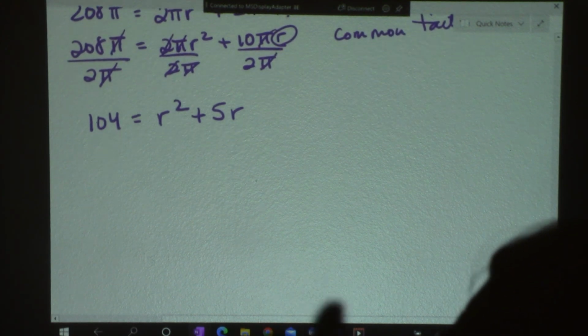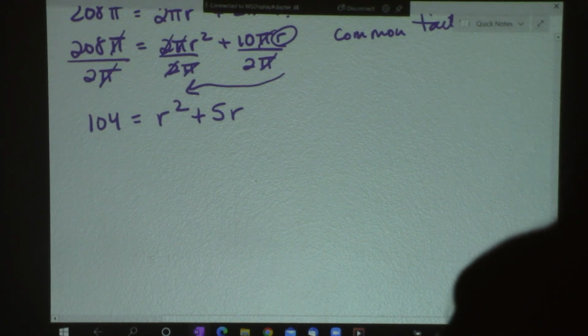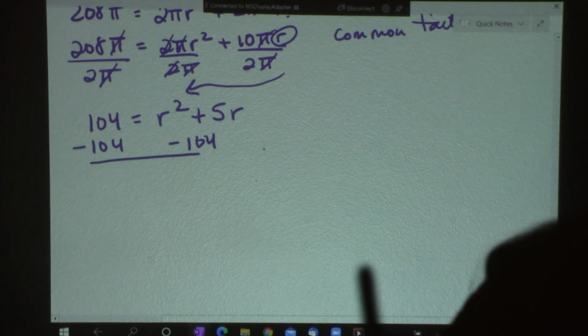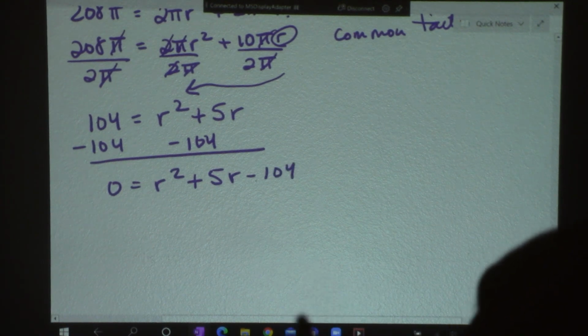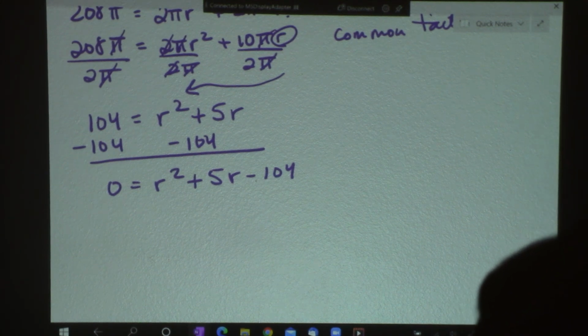Now when we have an equation with the power of 2, we have to factor. So we use magic X, and the first thing I need to do is move my 104 to the other side. So this problem is an example of algebra review, which is part of our standards for geometry, just to refresh your memory. Okay, so you can either use